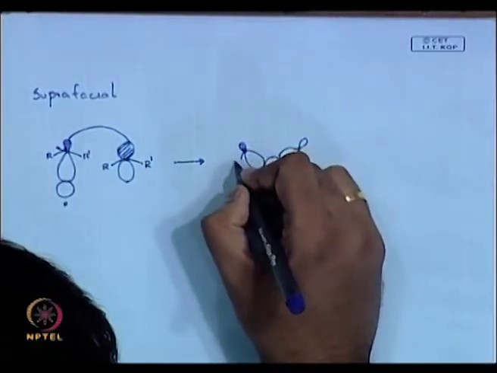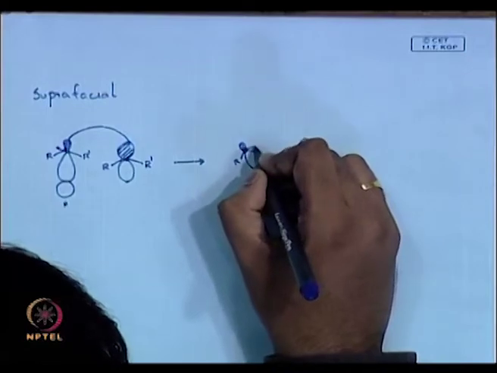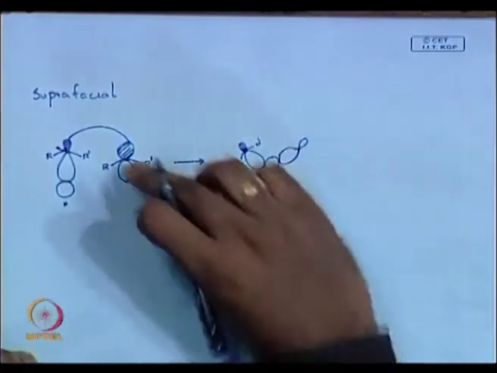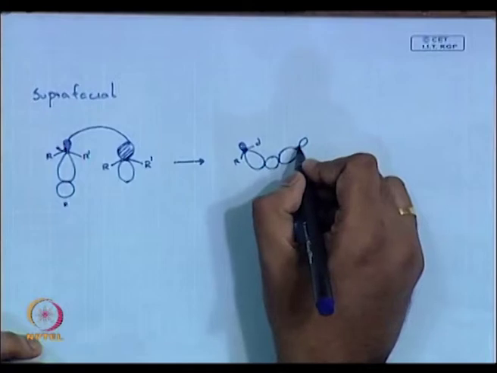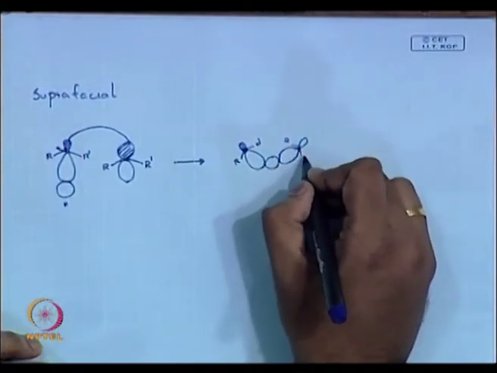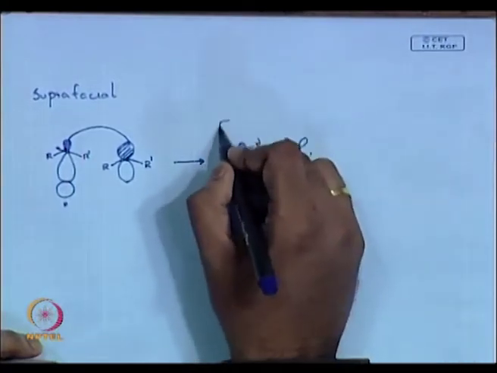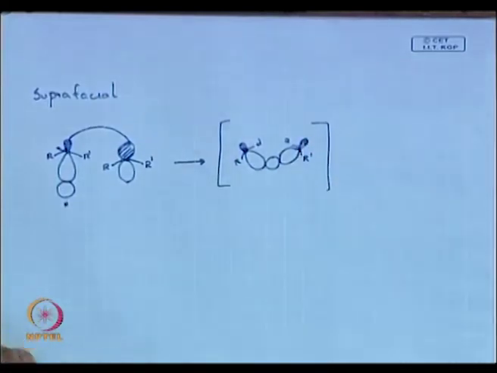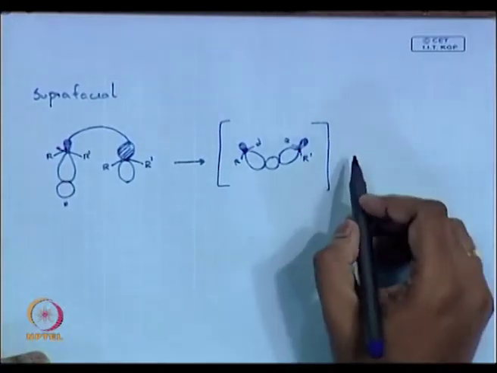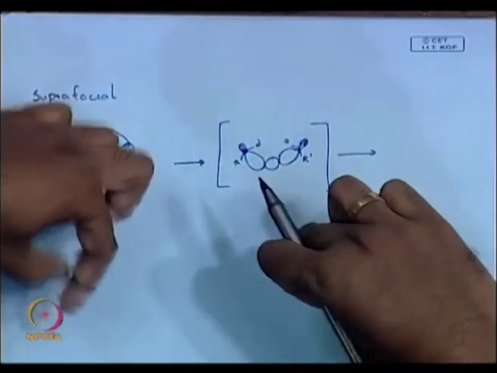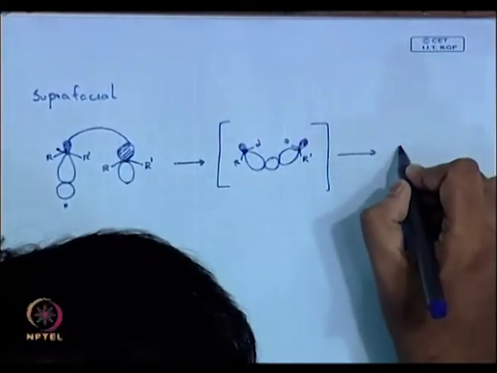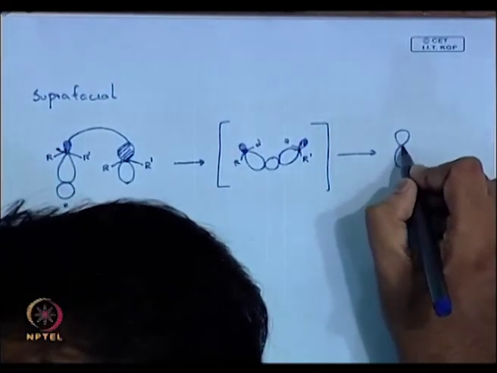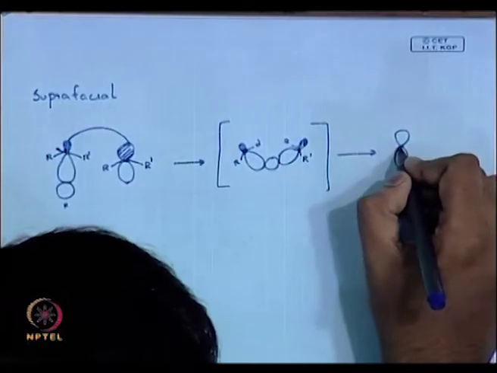So, you R prime, because this has moved like this, so it will be R prime. Okay. Then basically it can revert back giving this. So, this can become now without your hydrogen,